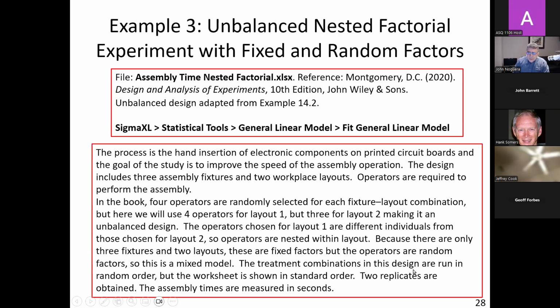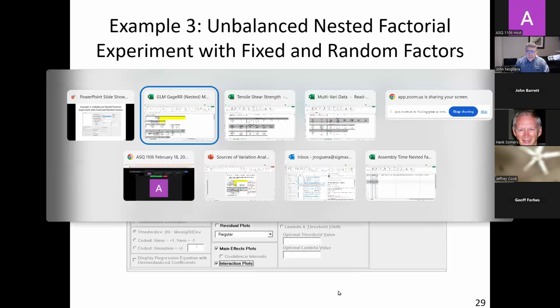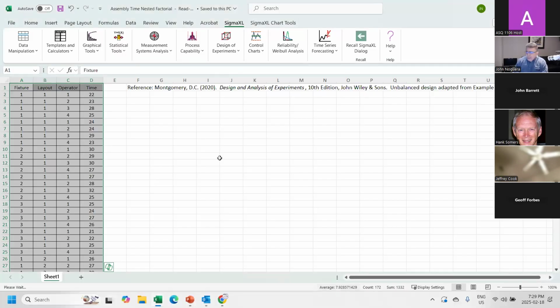The treatment combinations in this design are run in random order, but the worksheet is shown in standard order. 2 replicates are obtained, and the assembly times are measured in seconds. So it's actually a pretty complicated design, and we're not going to get into the mathematical details. The software takes care of that, but we do want to understand how to interpret the results. So let me go back to the assembly time data, and then we'll run